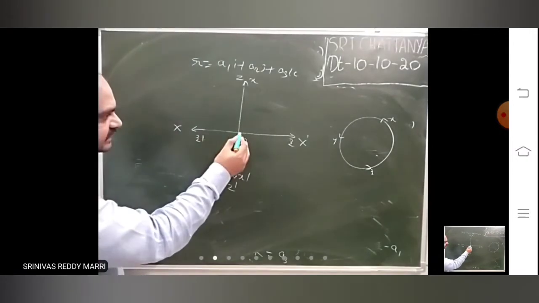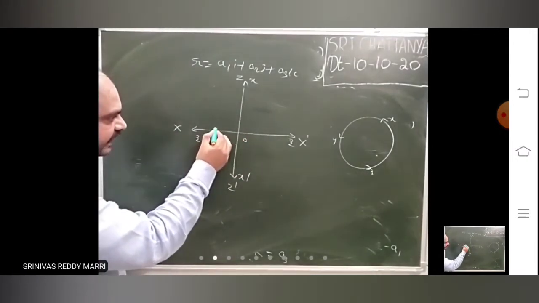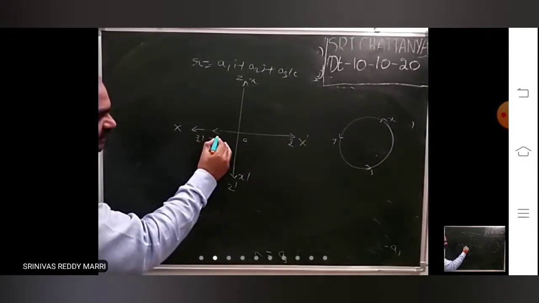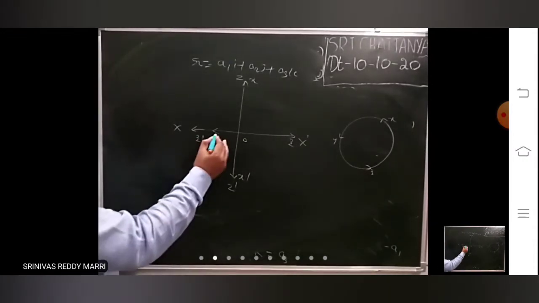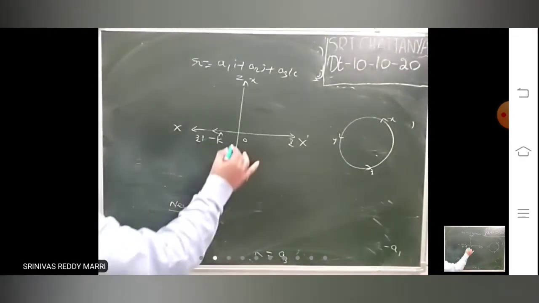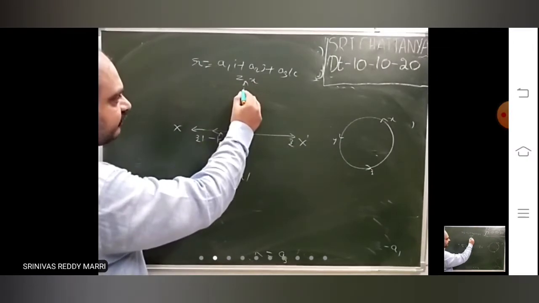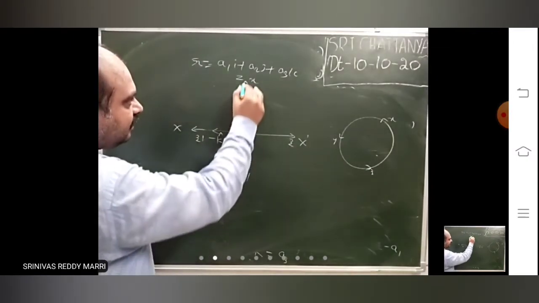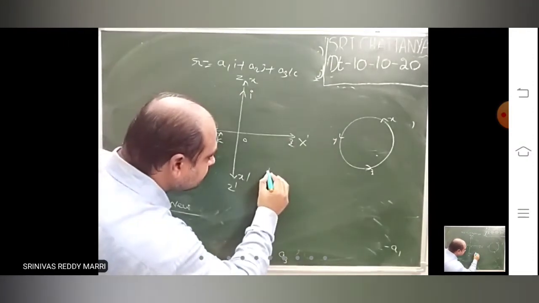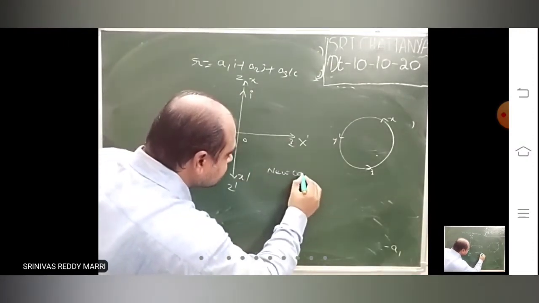Immediately along OX, what will be the unit vector? Along Z dash it is minus K cap, right? Along OY it is the same. Along OZ, where is OZ? Along OZ the unit vector is what? Along OX, it is I. Now, over. So new components